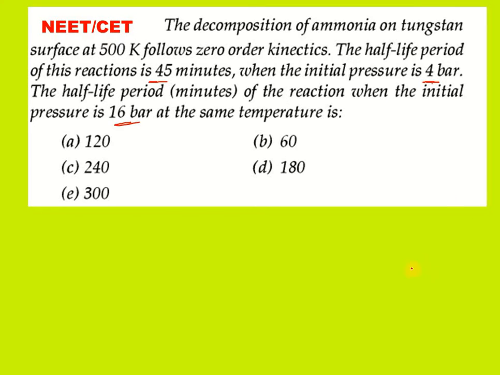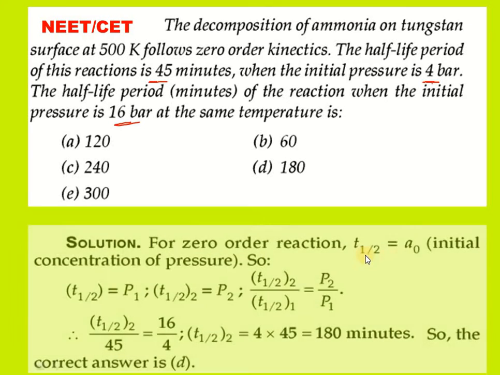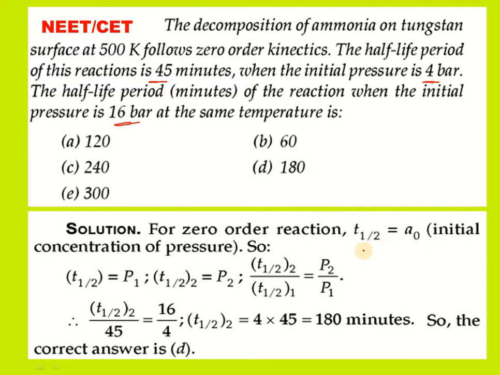order of reaction cases, if you observe, that means you can easily find it. That means there is an expression we have, that is half-life with zero order constant. So t1/2 is equals to a naught by 2k is the formula. a naught is taken as initial concentration. So half-life is directly proportional to the initial concentration or pressure of the substance. So in place of a naught, you can also write P1 for the first case, where